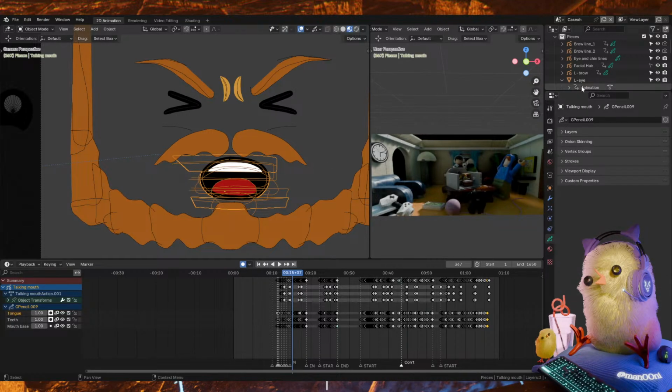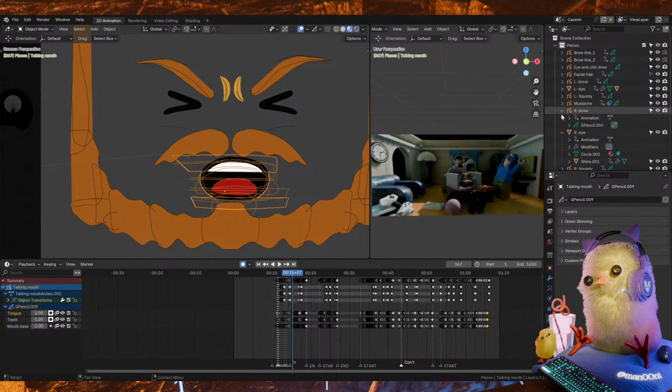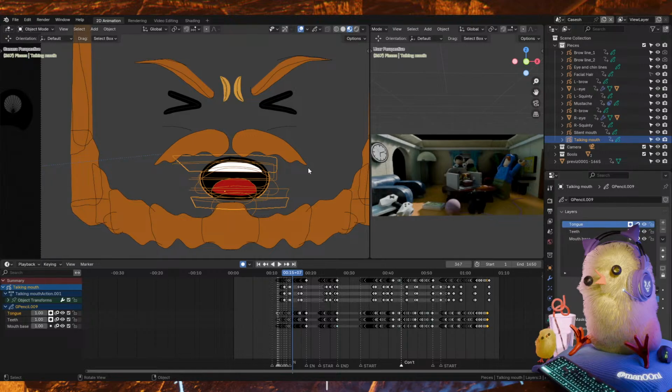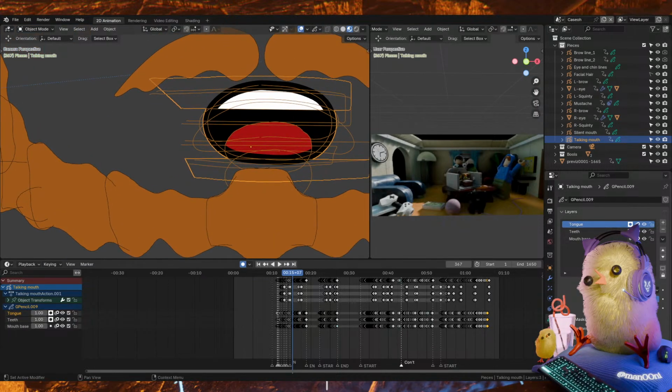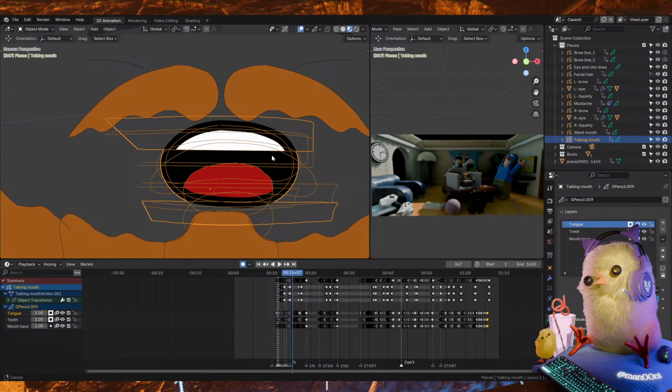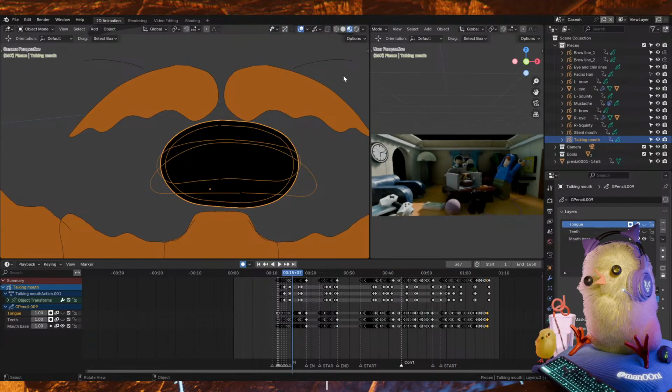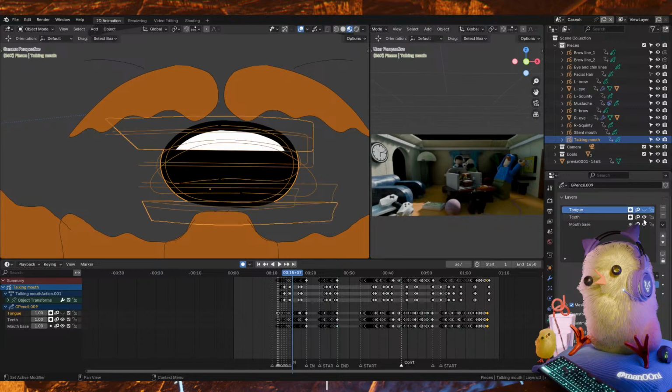So the mouth, or at least the speaking mouth, let me show you. This one right here, it has 3 layers, okay? And they are made up of masks. So the first thing that you do is create or draw a mouth base with a fill and stroke, okay? You need them both because you want the outline of the Lego drawing and the fill, okay? And then next thing you do is you add some teeth on top,